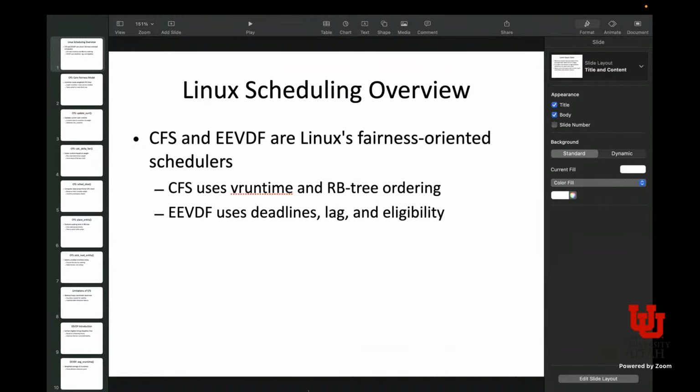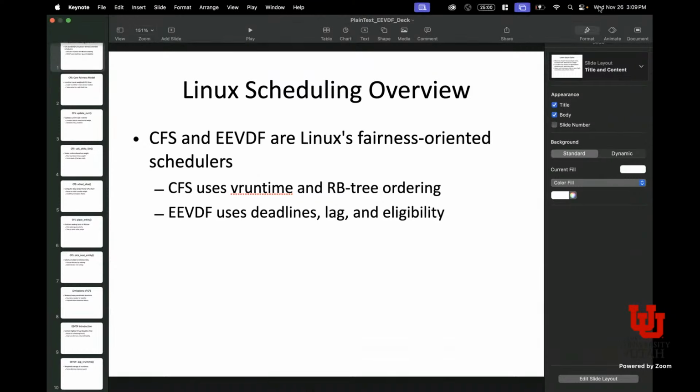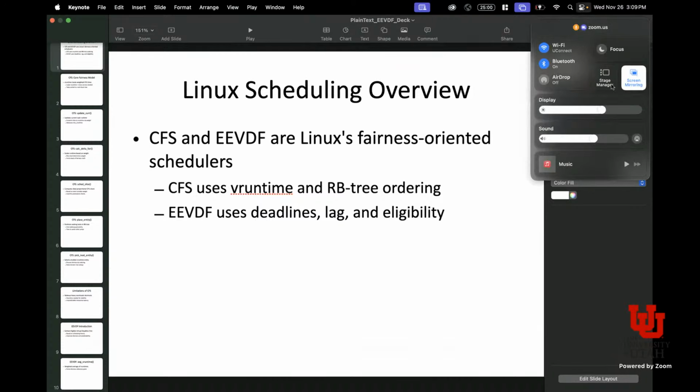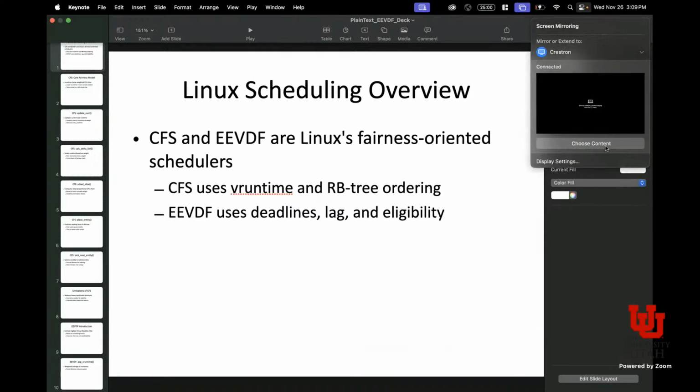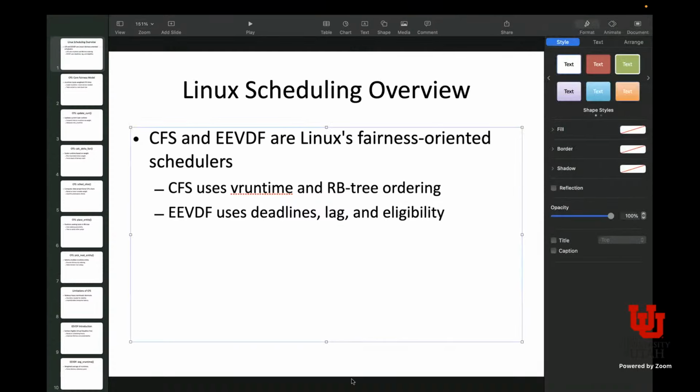Mirror extend display. It's faster than before. You said before screen. Somewhere here should be mirror display. I'm just gonna say it's probably this. Yeah. Screen mirroring. I don't know, click. It's connected. But why no, not there? I'm gonna stop share yours and then what do we do? I usually there, then stage mode or screen mirroring.